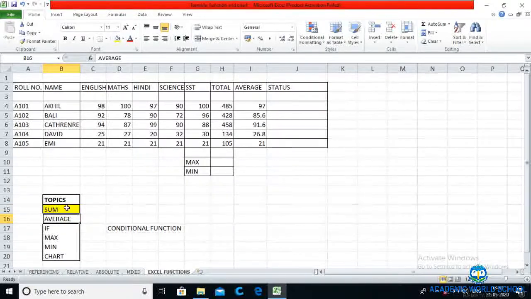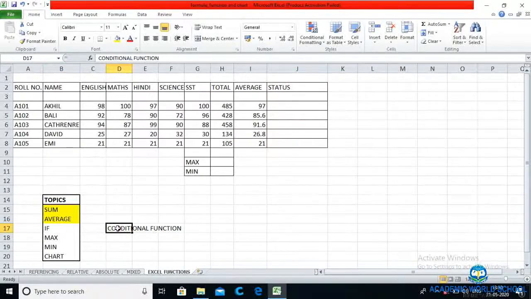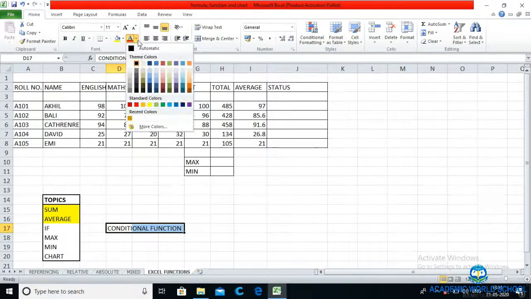Now, we have completed sum. Let me highlight it. We have completed average, and now the most interesting part of this video has come up, that is the if function.